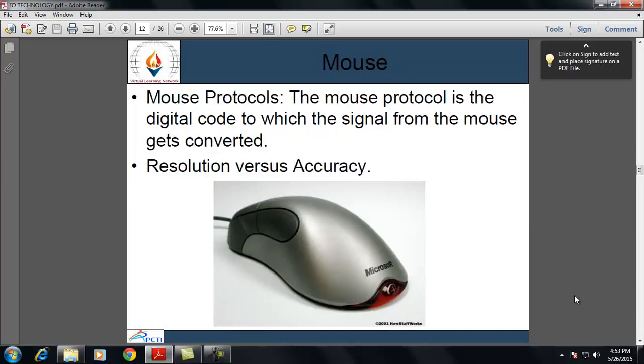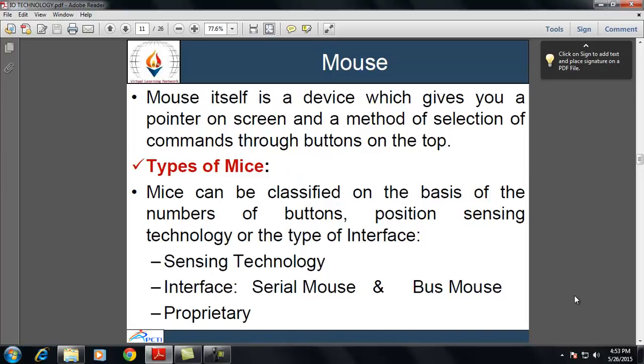If we talk about the categories of mouse on the basis of interfaces, then it can be a serial mouse or a bus mouse. A serial mouse uses the standard serial port, called COM, and since COM ports 1 and 3, and ports 2 and 4, share the same interrupt respectively, one should be careful not to attach the mouse so that it shares the interrupt with another device in operation, like a modem.